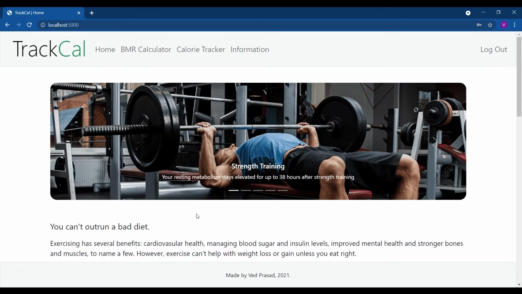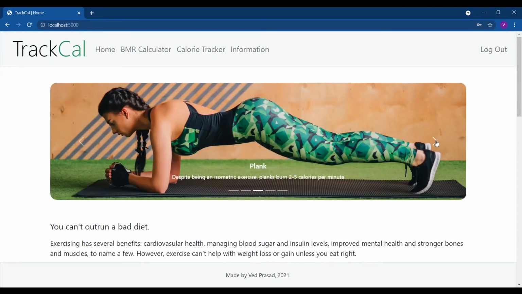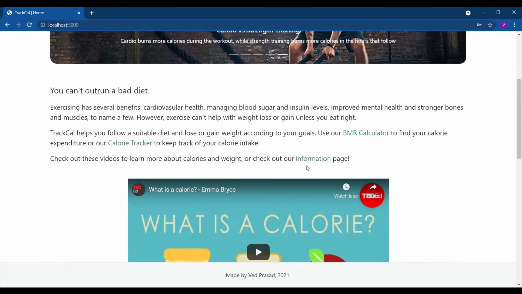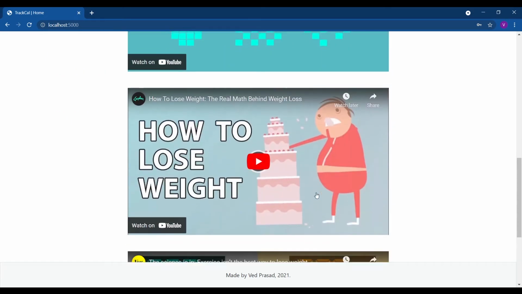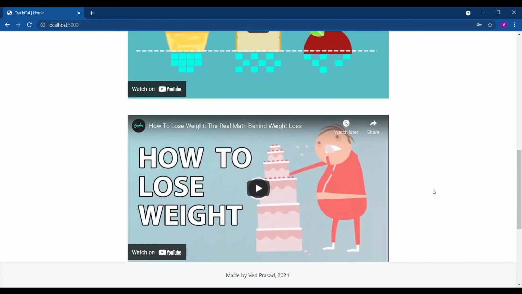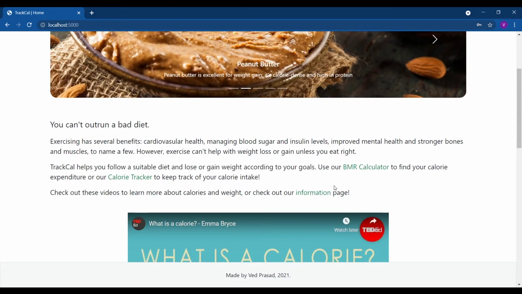Here on the homepage, on top, it gives you some tips regarding weight loss and weight gain. And here it gives you some information with links to different pages of this website, which I'm going to go through now. And here at the bottom are some YouTube videos that explain the science behind weight loss and weight gain. If you want more information about the science behind weight loss and weight gain, you can go to this information page, either from here, from this link,